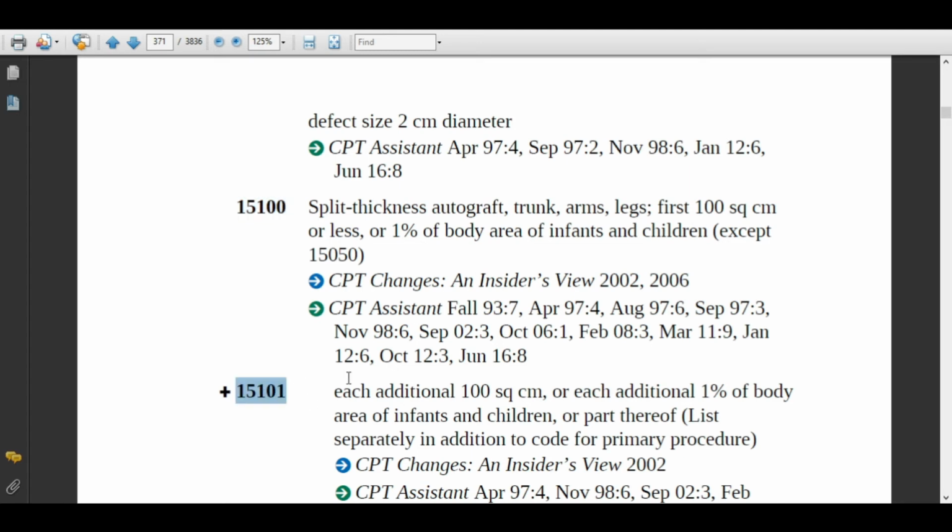15101, because this is each additional 100 square centimeters or each additional 1% of body area of infants and children or part thereof. Part thereof means any part of the body. So you will assign 3 codes. Always use 15101 in conjunction with